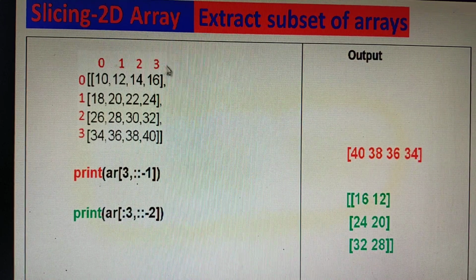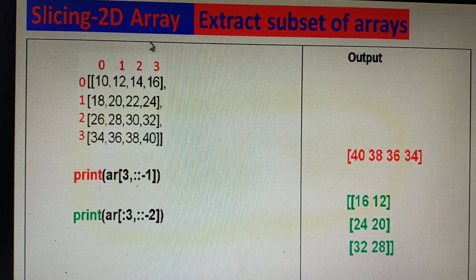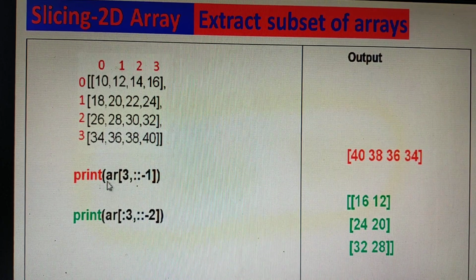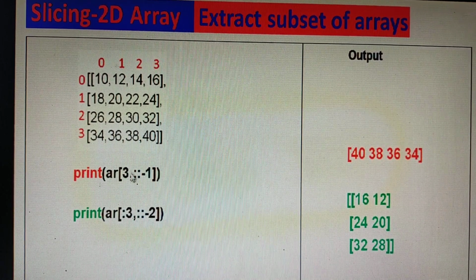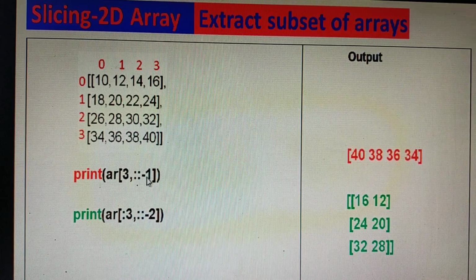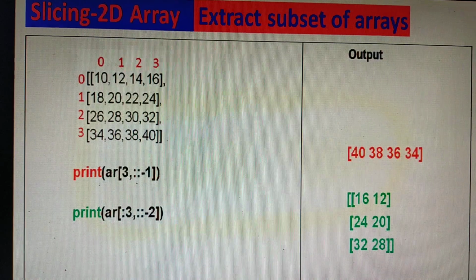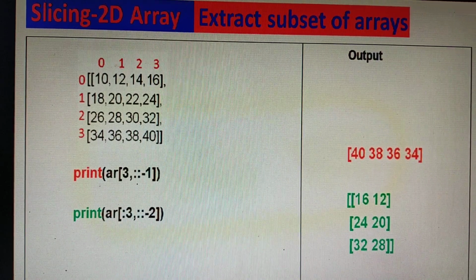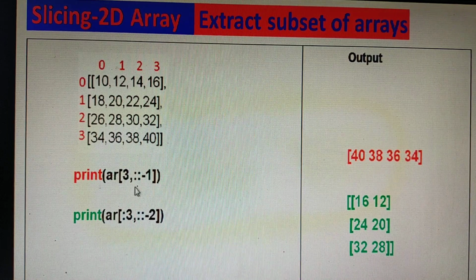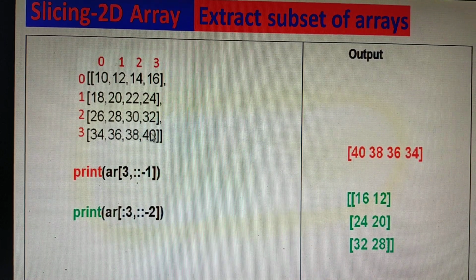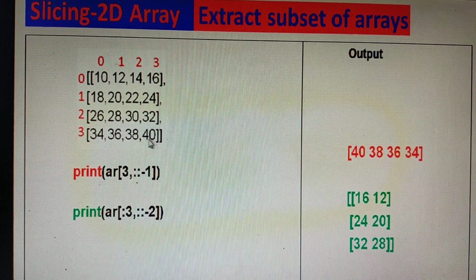Some more commands related to extracting a subset of a 2D array. That is row 3 and all columns with minus 1. Minus 1 will give you the backward result: the numbers will be reversed with a step of 1 backward. So row 3, that is this row, and this double colon means all columns.